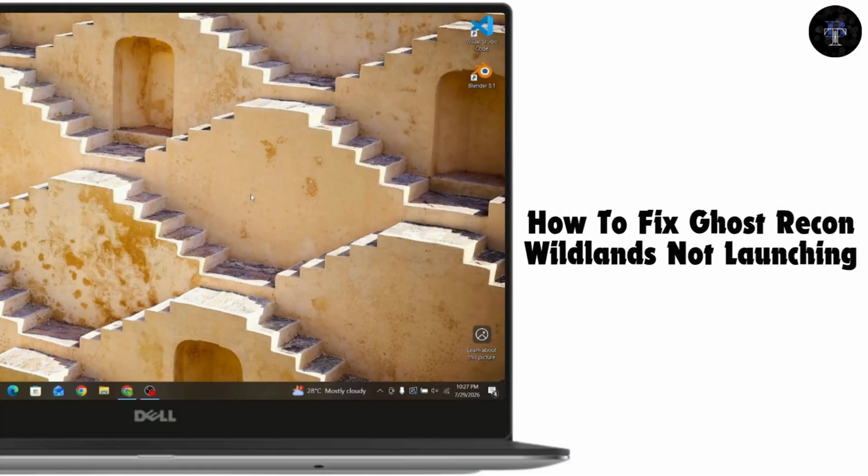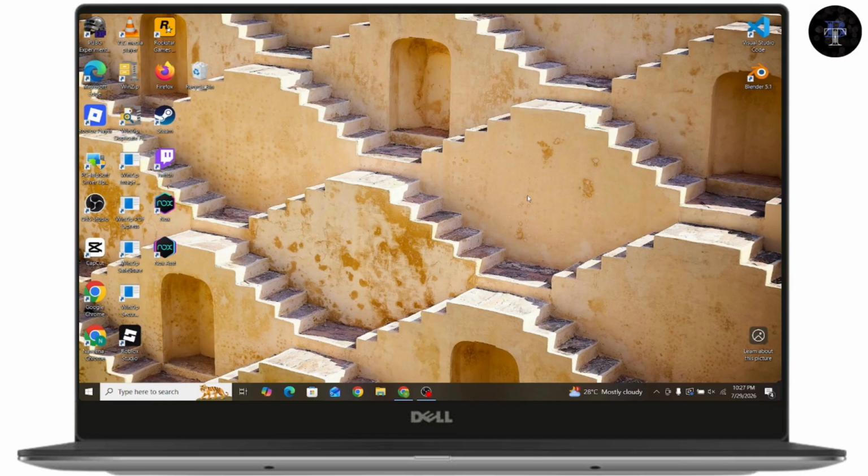How to fix Ghost Recon Wildlands not launching. So if you want to fix your Ghost Recon Wildlands not launching, then what you need to do first is